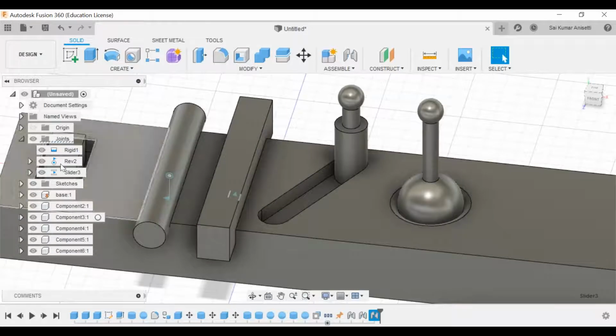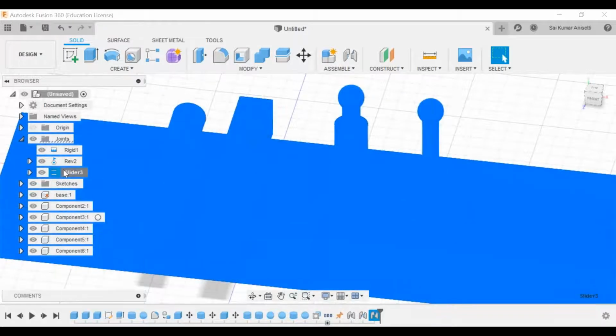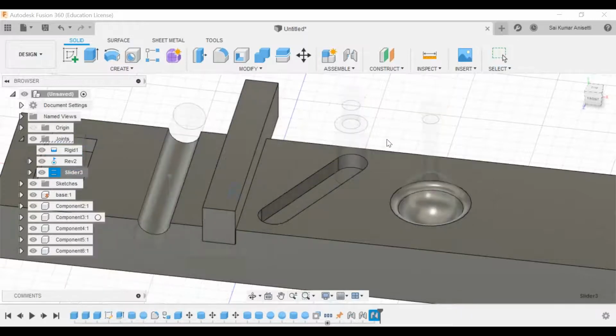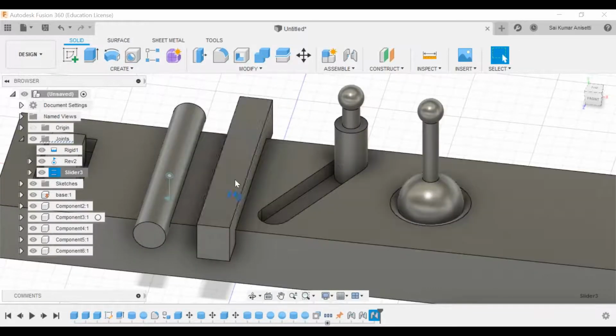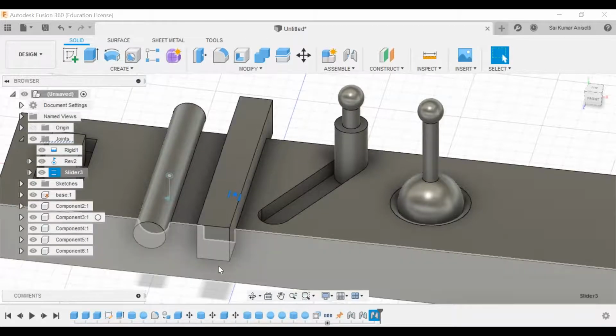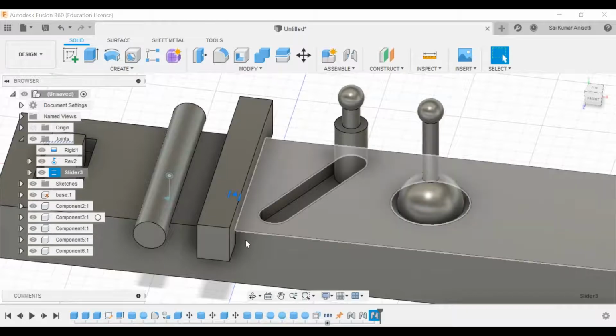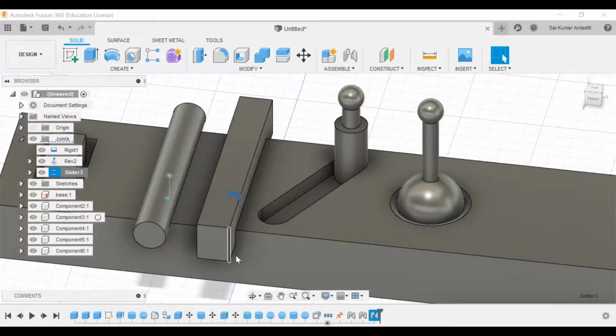So you can change your limits, or else you can animate the joint. You can leave those constraints as default. But you have to have prior knowledge of what you're actually doing and which point you need to select. By default, I have selected the center point. You can select a corner point also. Depending upon the corner point and the corner point of this one, you can animate your object.